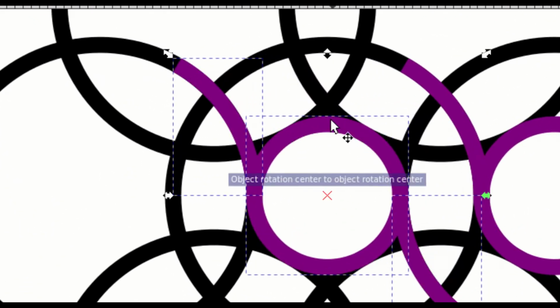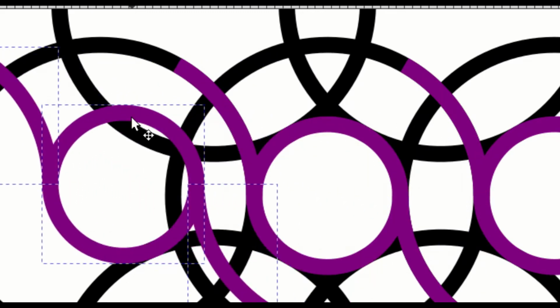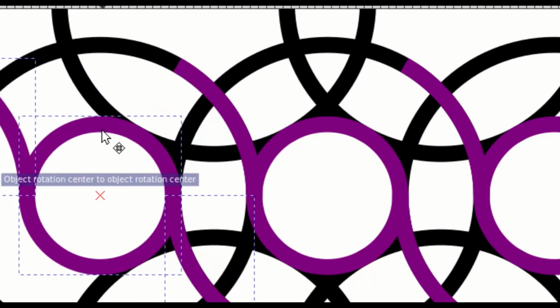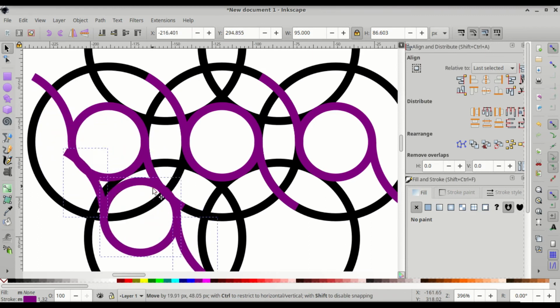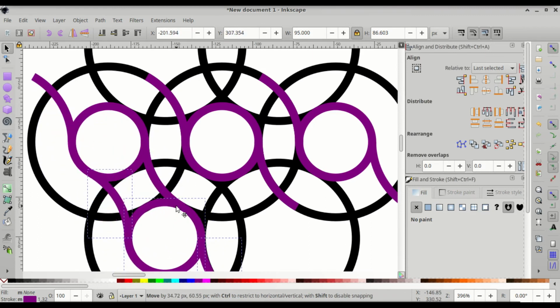and drag it here. Ctrl D to duplicate it again. It should snap. Make sure you drop it when it says Object Rotation Center to Object Rotation Center. And then Ctrl D to duplicate it again. And let's bring it to the bottom left circle. And make sure the two rotation centers are snapped together, and then this time